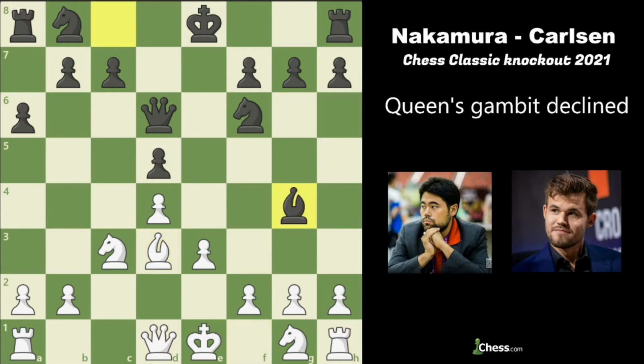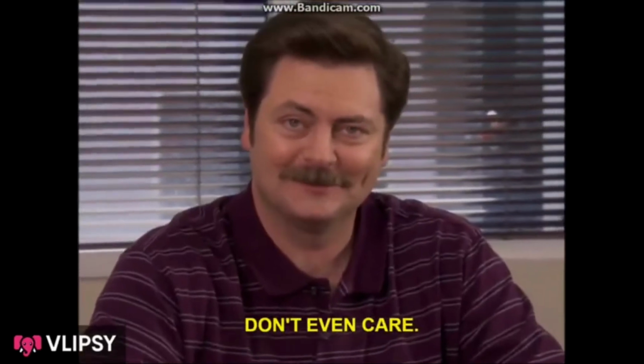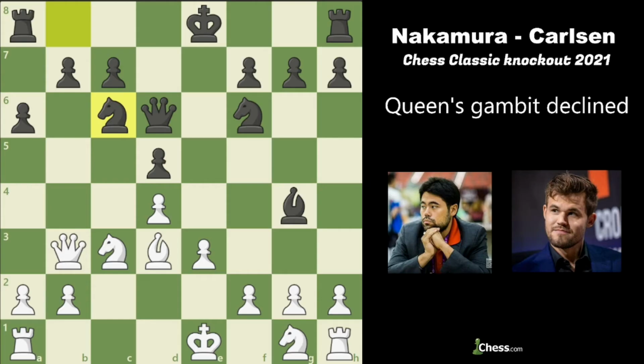So we have bishop g4 attacking the queen as well as developing it. So we have Nakamura playing queen b3 attacking this b7 pawn with threat. But Carlsen doesn't care, so he just plays knight c6. So over here white can play queen into b7, but it could lead to some complications because